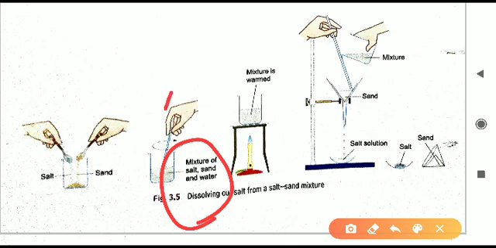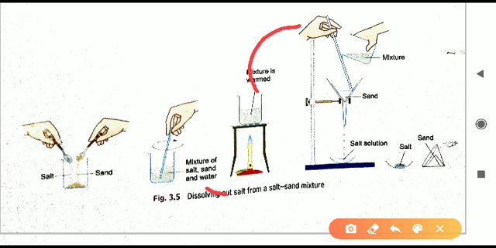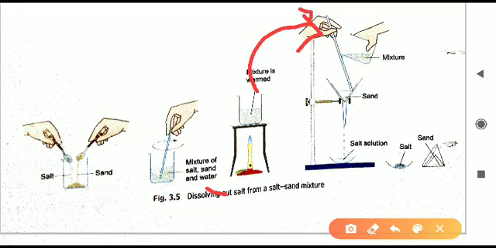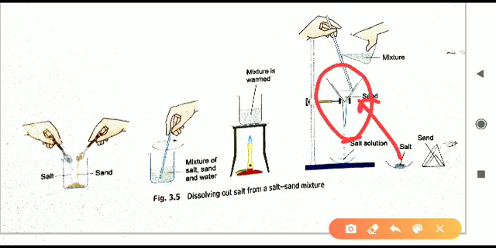Now this mixture of sand, salt and water we are keeping to heat. So this mixture is heated or warmed, and on heating what will happen? On heating, water will start evaporating, and we don't have to boil it completely. After some heating, after warming it up to a certain temperature, we have to take it, and then we have to filter it. So as you can see, we have taken a funnel here. This conical structure, you can see this one. This is called a funnel.